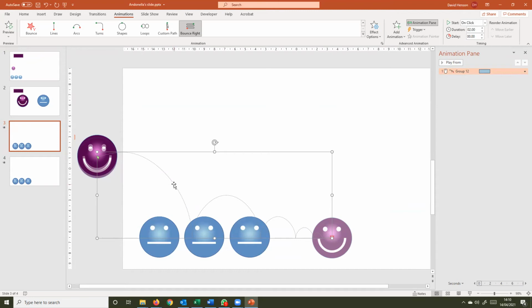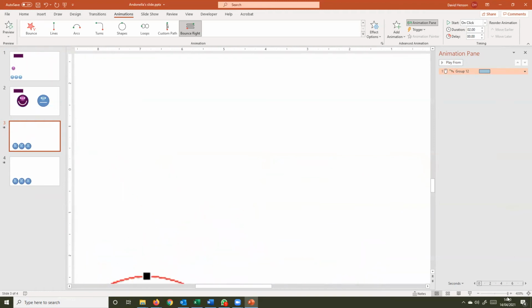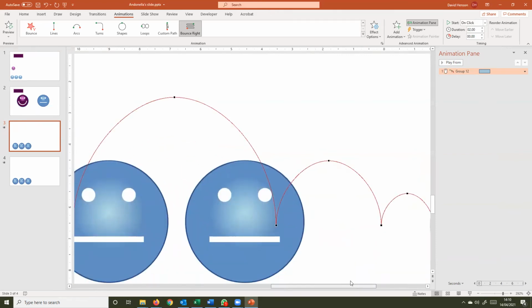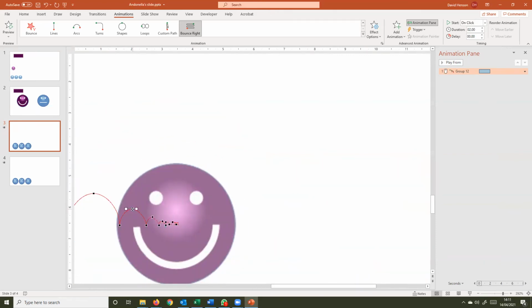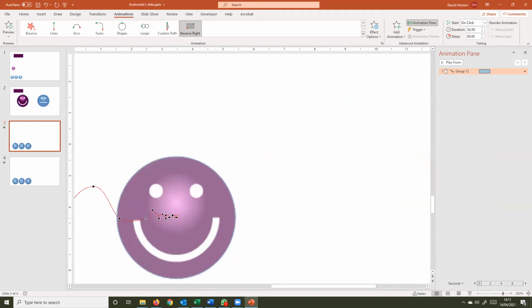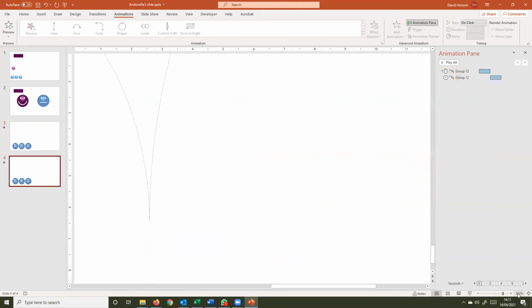If I right click on the path, you can edit the points, which means that you can delete points. So it's a bit onerous, to be honest, because you have to do them one by one. But if I zoom into 400%, I can go into each point and right click on it and delete point, and I can do that for all those points. And this is what I did in the final version. So if I go to the final version here and zoom out,